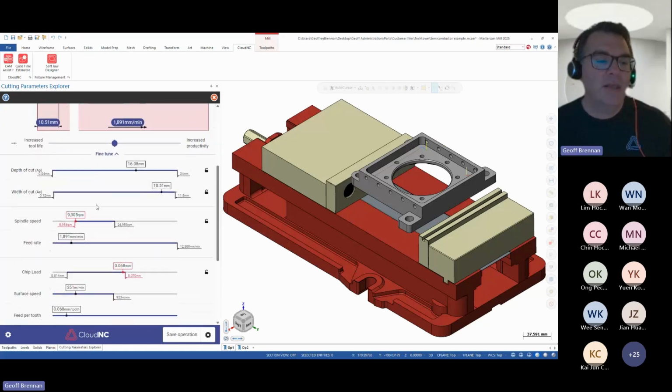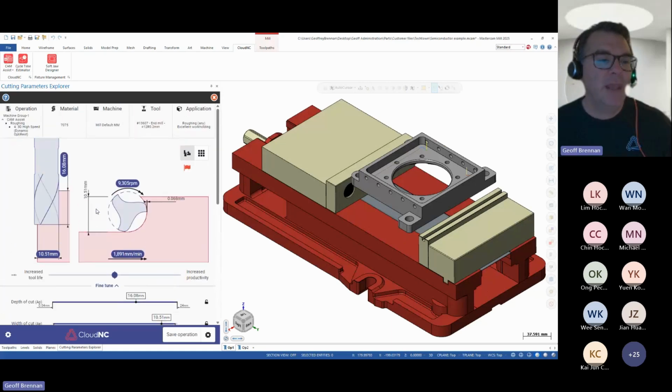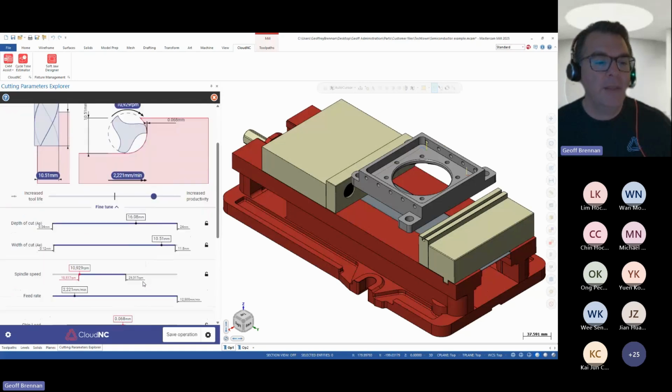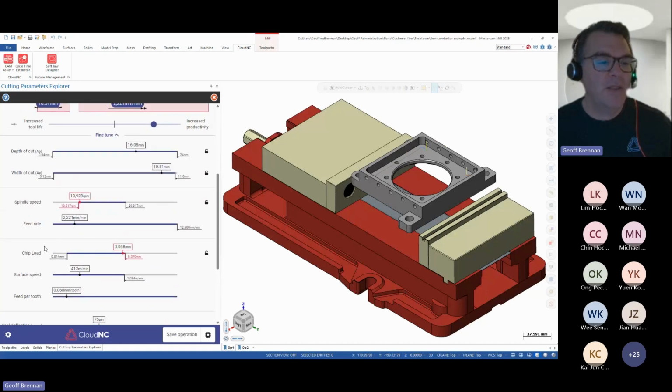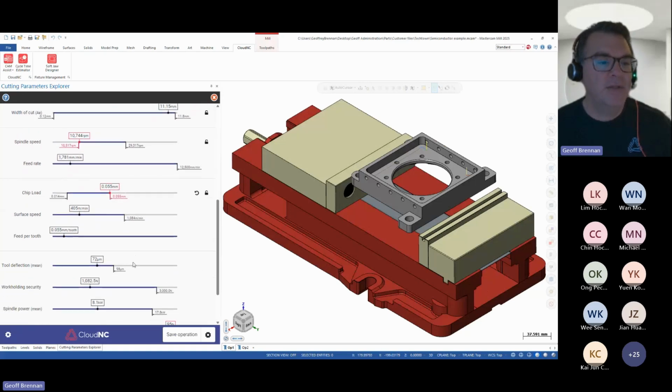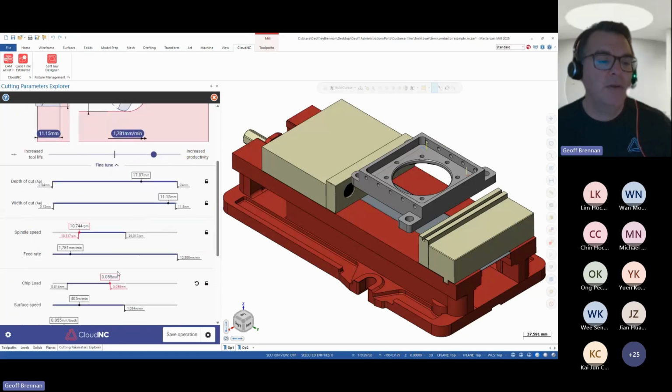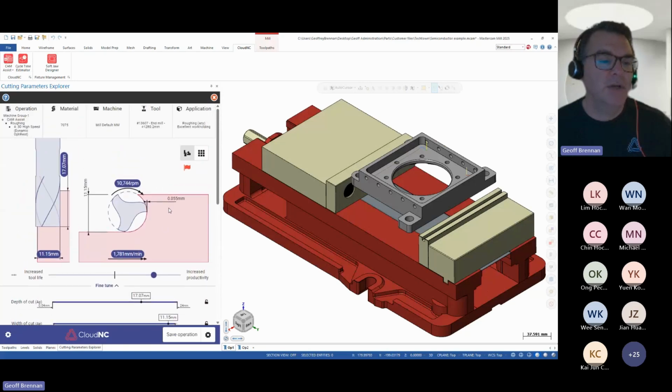So what can I do with this Explorer? I can basically come in and coarsely regenerate those parameters. If I want to be more concerned with productivity, you can see that the feeds and speeds here all update. This is sort of the dynamic view of those variables. Let's say we take a look at chip load specifically. If I look at maybe taking my chip load down, you can see all of the other variables balance in this equation to provide good tool engagement as we're doing that job.